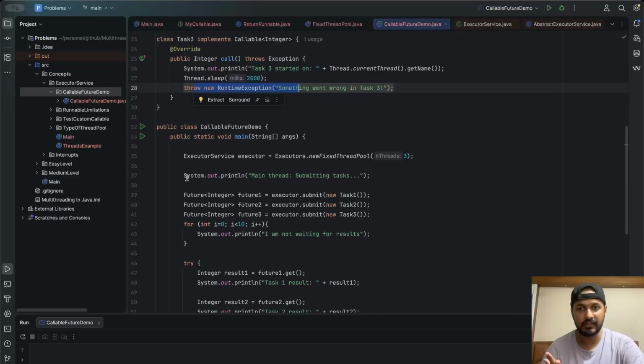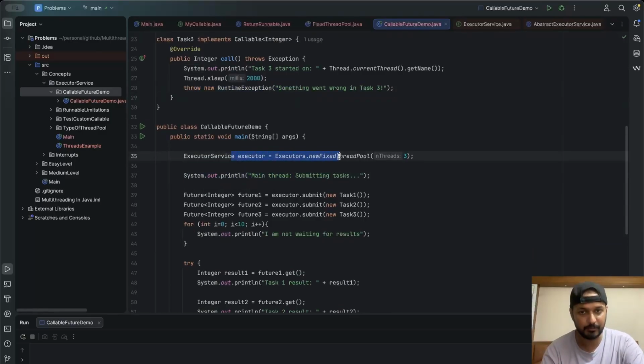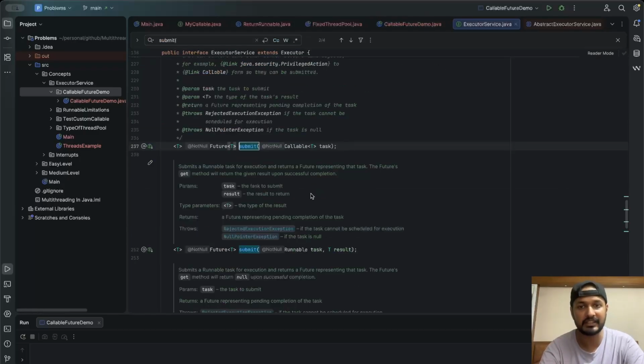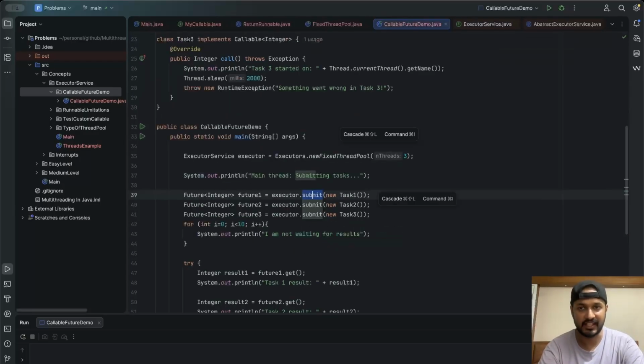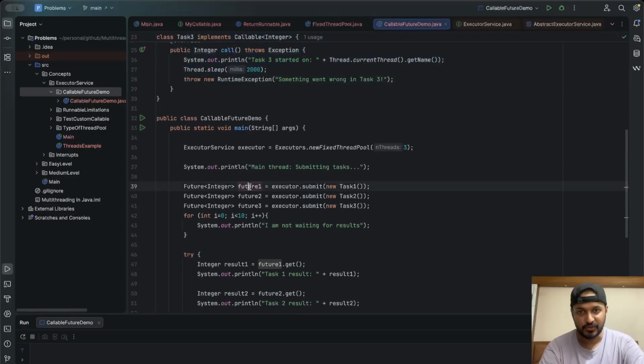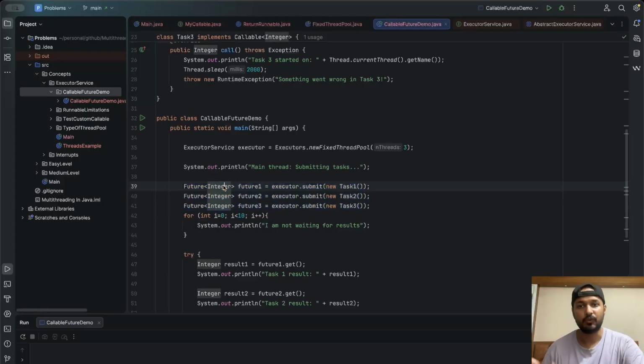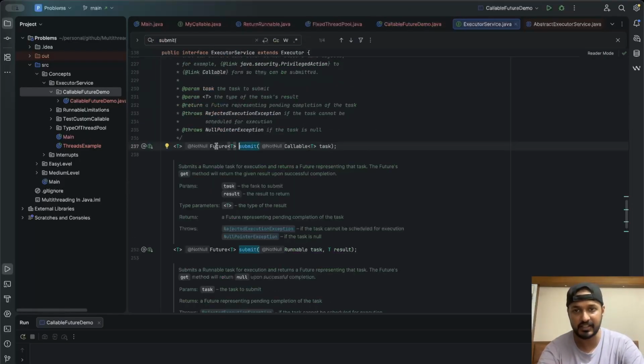Now here we have started submitting the tasks to this thread pool using the submit method, because the submit method needs a Callable task and we have already created the Callable tasks here, correct? So we have created new task 1, new task 2 and new task 3. We have submitted these, and what do we want in return? We want a Future object in return, because submit returns a Future.